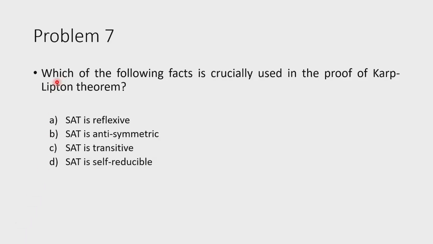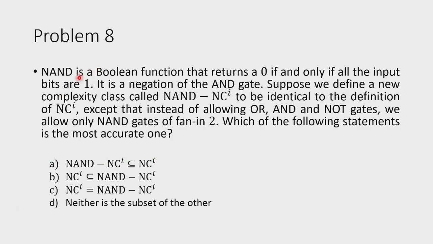So the next problem is: which of the following facts is crucially used in the proof of the Karp-Lipton theorem? SAT is reflexive, SAT is anti-symmetric, SAT is transitive, and SAT is self-reducible. D, it's SAT is self-reducible. Again, this is a recall question. There is nothing to explain over here. So the next problem is